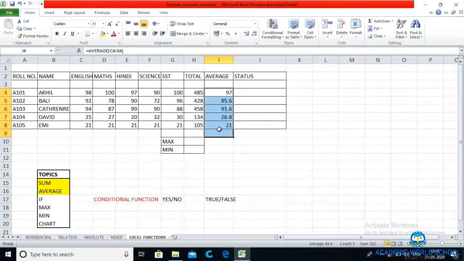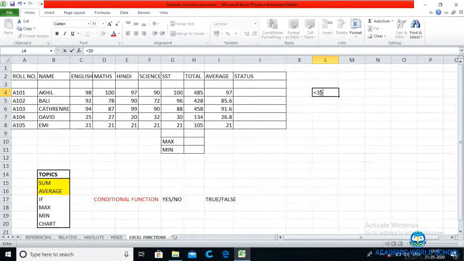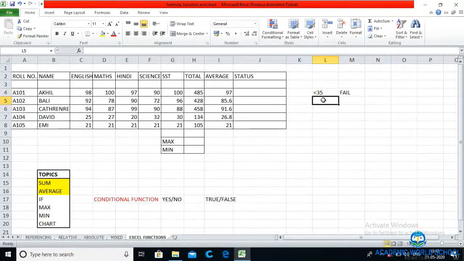But how will this if work over here? Let me show you. This is the average the students have scored. Now let's take the condition. If the student has scored less than 35, okay, pay attention students, if the student has scored less than 35, that means that particular student has failed.